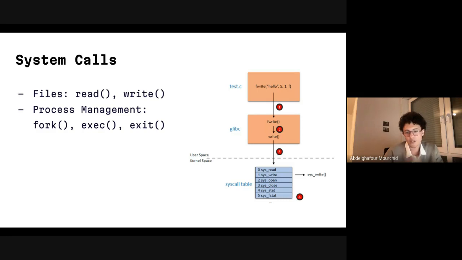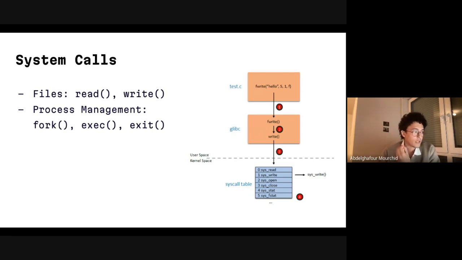I think in general, some functions can be abstractions on top of other system calls to provide some specific functionality, like printf here, writing to standard output, which is a special case of writing to a file. So that's something that standard libraries, or libraries in general, can offer. For example, when we are writing hello to a file,